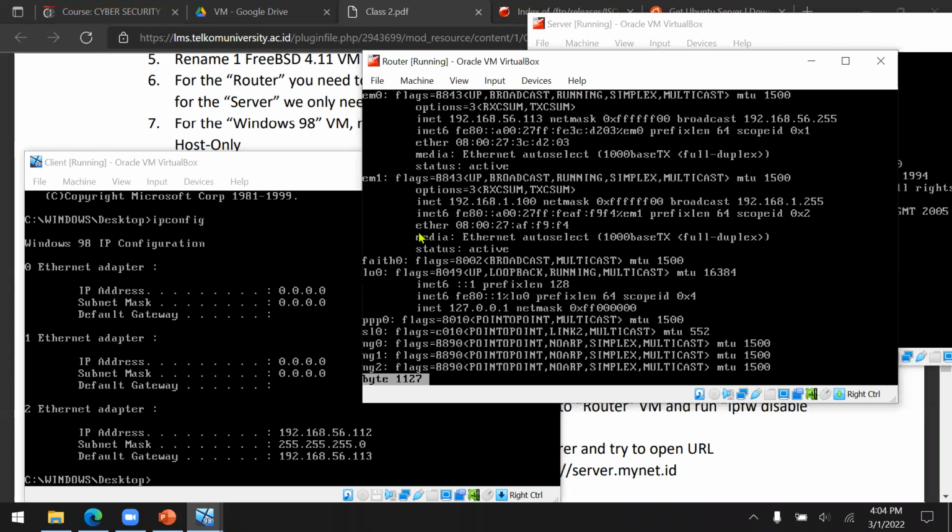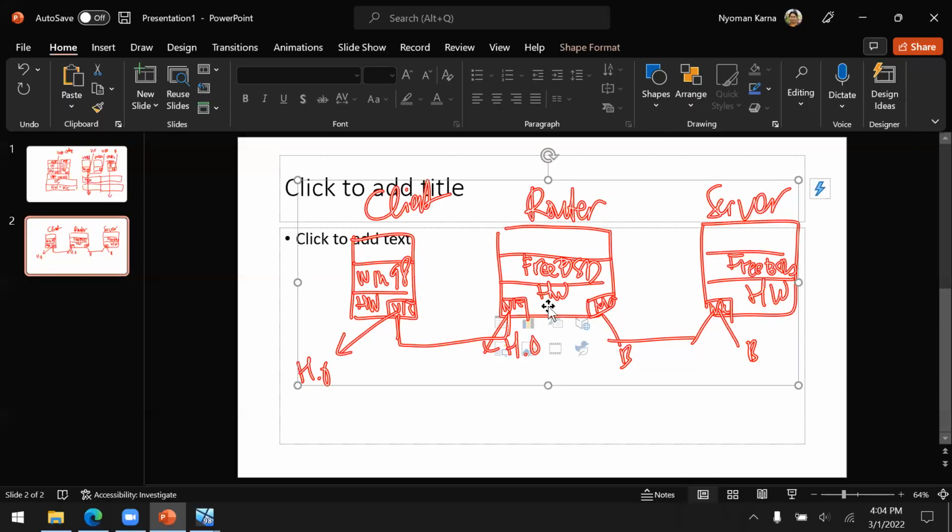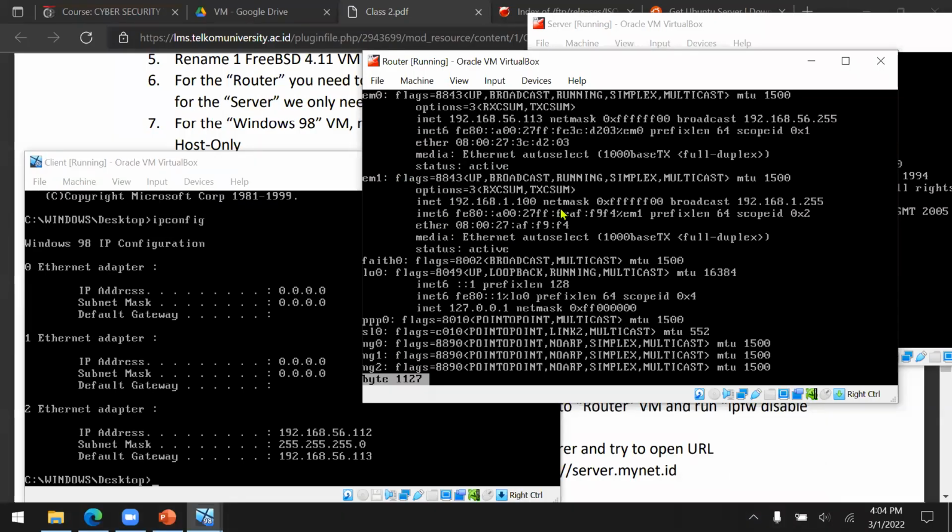And then we also need em1, because remember in here, we have this network interface card that will be connected to the server. So this one has an IP address of a bridge, 192.168.1.100.